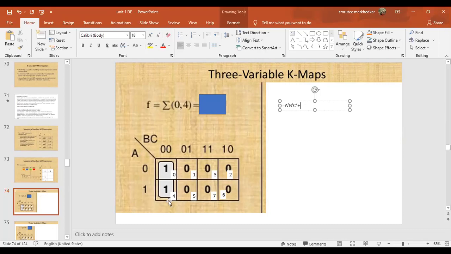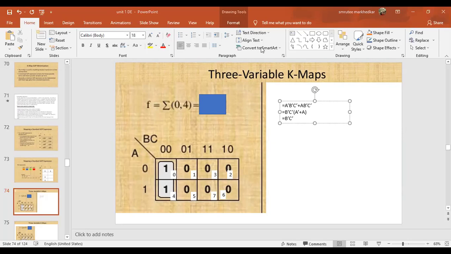Now I am taking the fourth position. I can see that A is single, so I have written A. And then if I go to B and C, they are 0, 0. That means it comes as B bar, C bar. Now, what is the next step? What is common here? I can take common as B bar and C bar. I'm left with A bar plus A. Now we know A bar plus A is 1. So what is our final answer? Final answer makes it B bar and C bar. Remember, don't forget to mention the rule that you have used here.